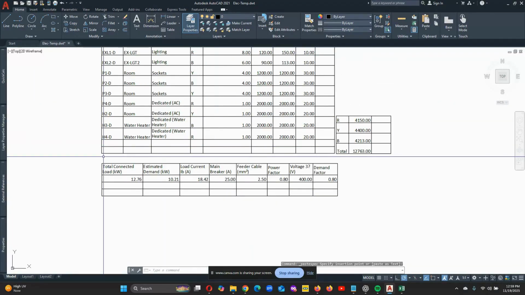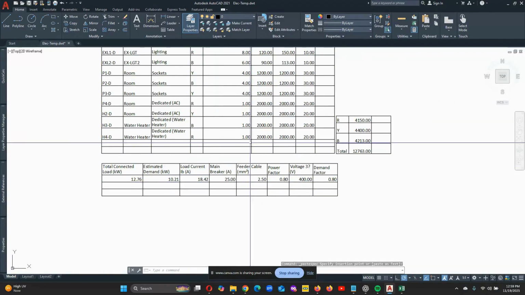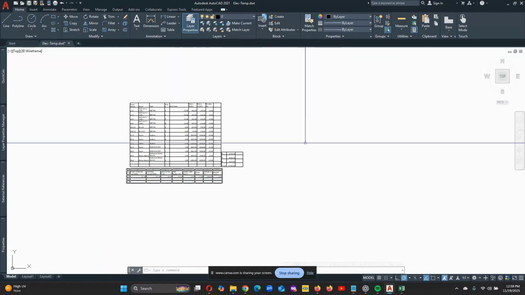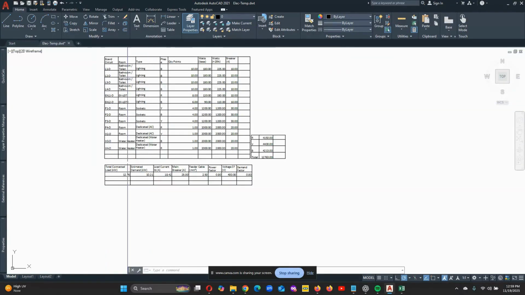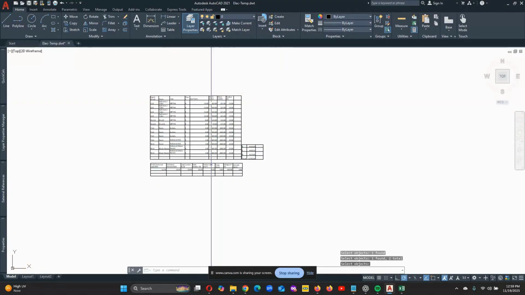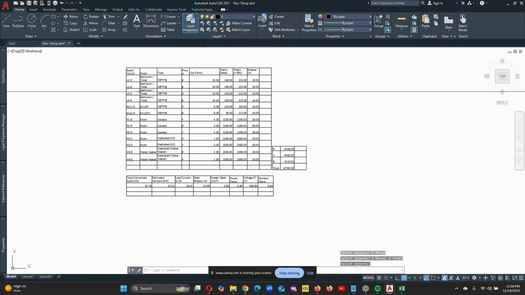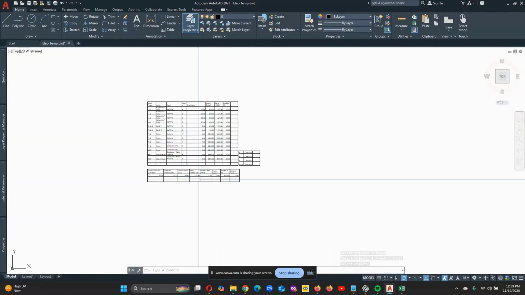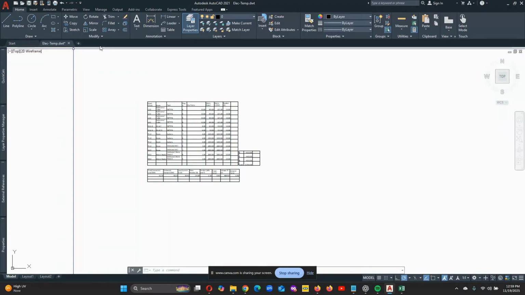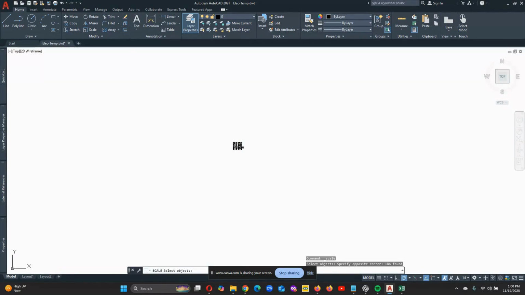Okay, so that's for one distribution board. That's the load summary and everything, so total connected load and all that. It's all there, very easy. You can just explode it. However you want to do this is your choice. Just explode these ones. So that's for one single DB. You can go to each of the DBs, exporting everything it has done for you without any problem. Very easy, and you can scale it to whatever size you want